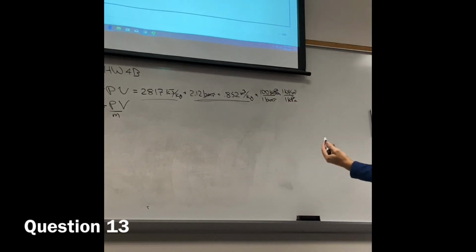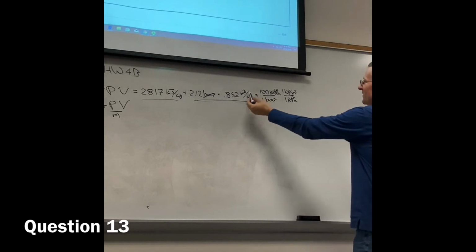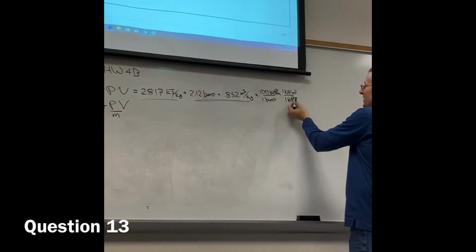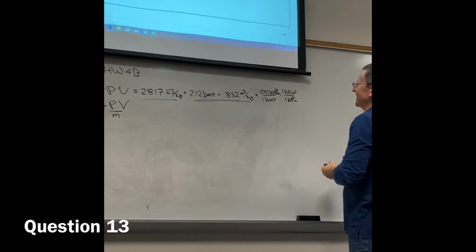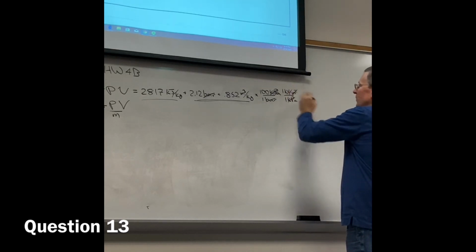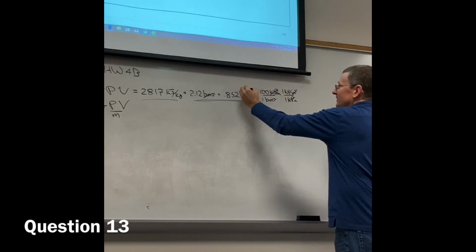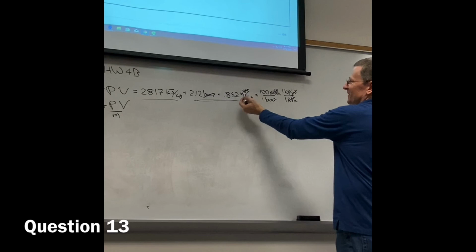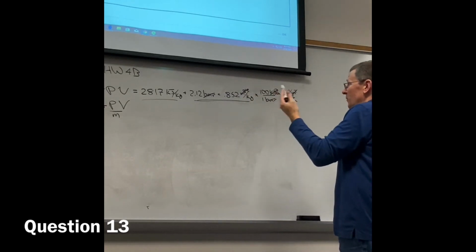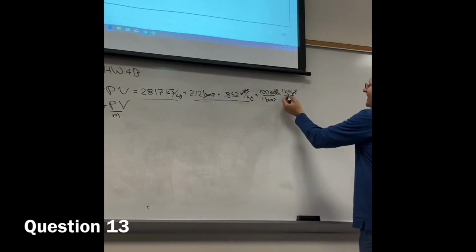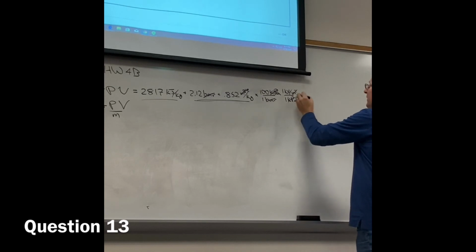Then I have cubic meters in the numerator and meters squared in the denominator, so those cancel two of these; it's really 3 minus 2, and it's meter by itself, meter to the power 1. And I have kilonewton meter, so 1 kilonewton meter is equal to 1